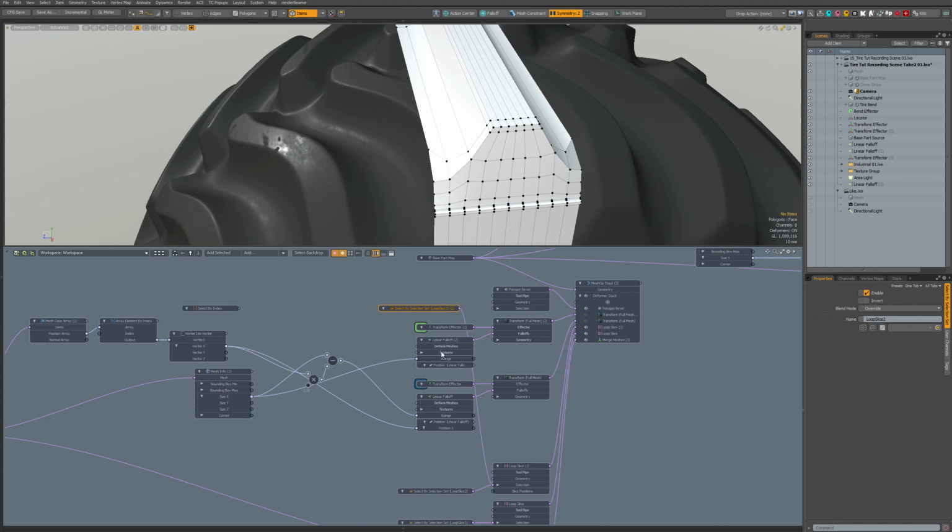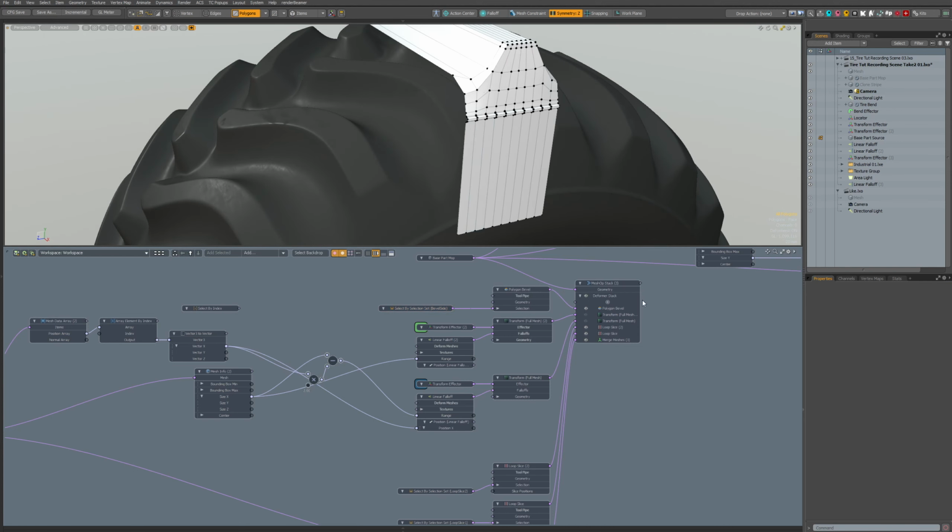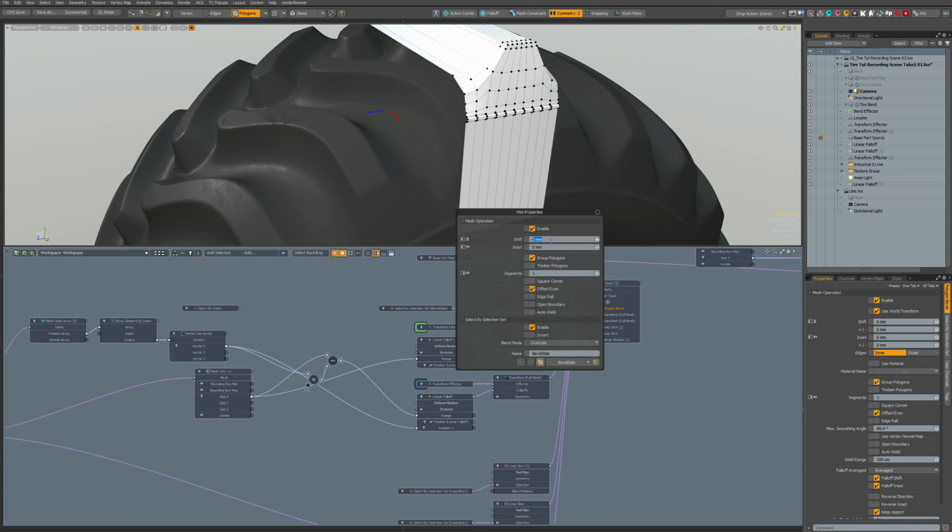Let's take that. Connect it. Polygon. Oh yes, now we have it there. Let's make it the other way.